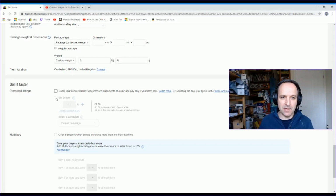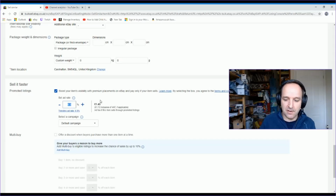So if I've got something going in a 10% sale because it hasn't shifted, I might promote that at a 1% rate as well. If something's going into a 20% sale, it's really sticky stock, I might promote it at a 2% promotion rate. They're normally my limits, but in this instance, and of course you can do what you want, because I've put the price up by 10%, put it up by £2, I'm going to promote these at 5%